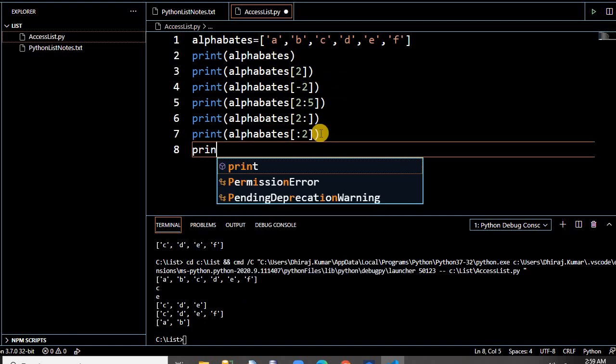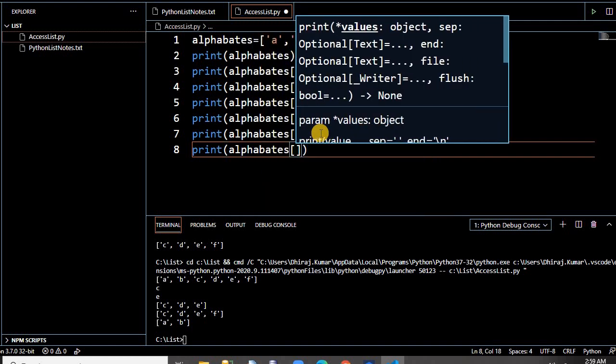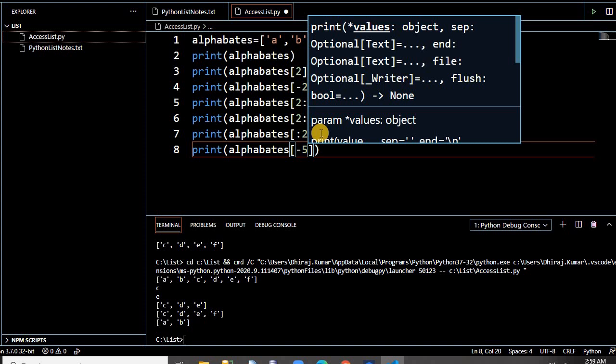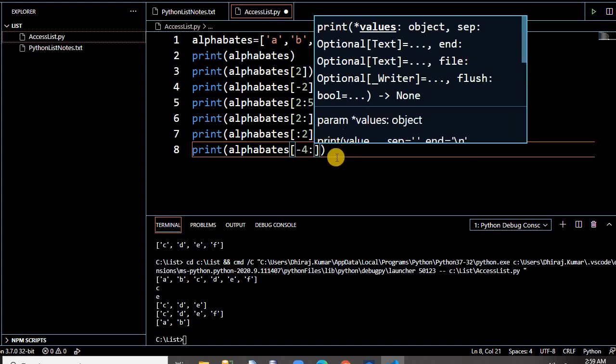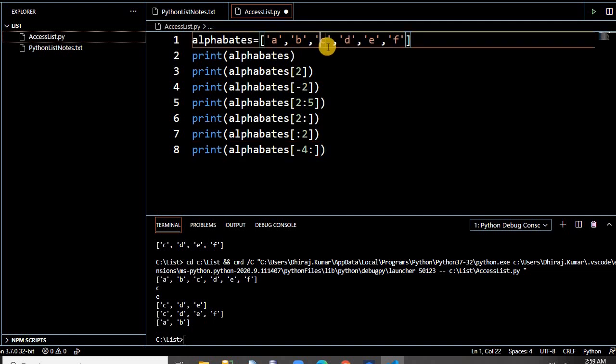Okay, let's take an example of the negative index alphabet. Pass something like -5 or -4 colon blank. What does it mean? It will traverse from -1, -2, -3, -4, which is C. So starting from -4, it will return all the values.